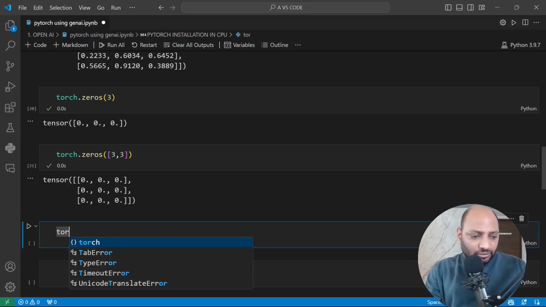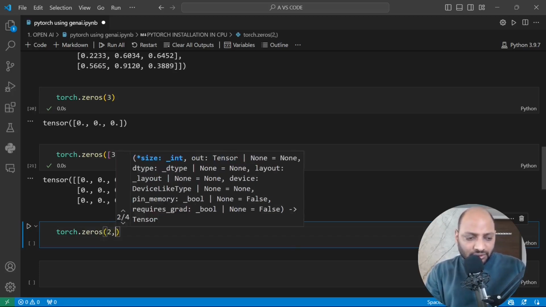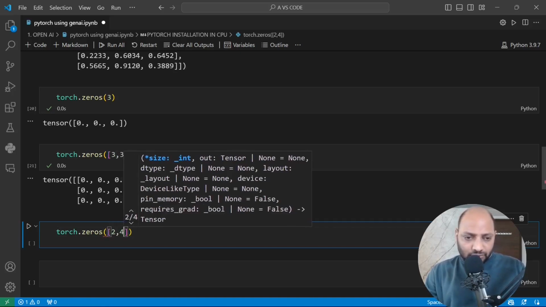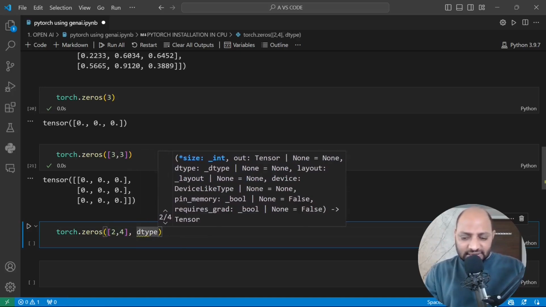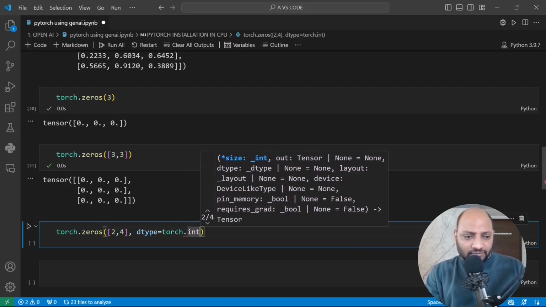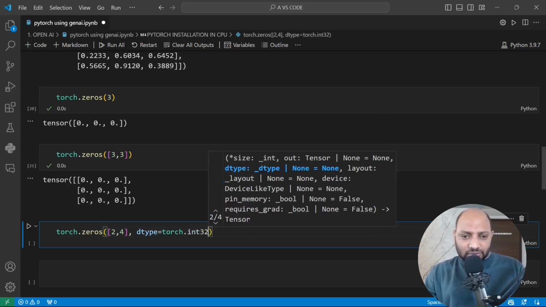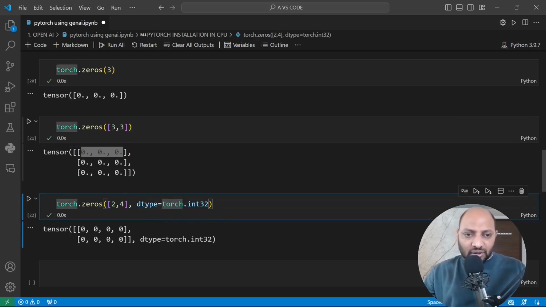All right, so here, if I want to set the data type, torch dot zeros. All right, I click this, and after that, let's say I want 2 rows and 4 columns, and I need dtype, as I said, dtype equal to torch dot int, let's see, int32. Okay, let's try this now. I hope the value we got was float before, but I want to change this float data type to